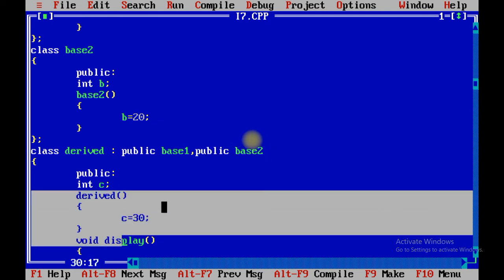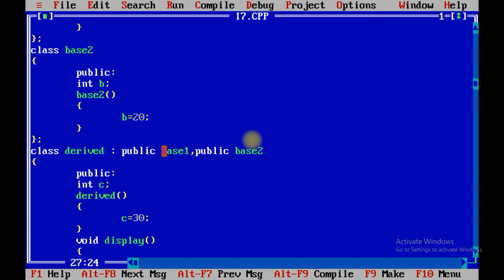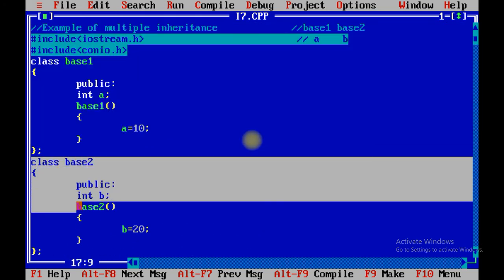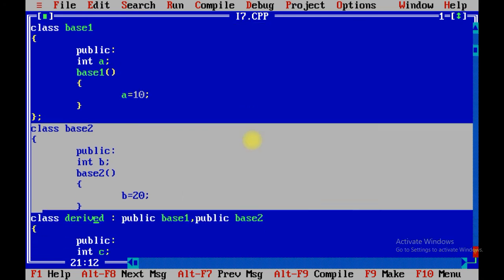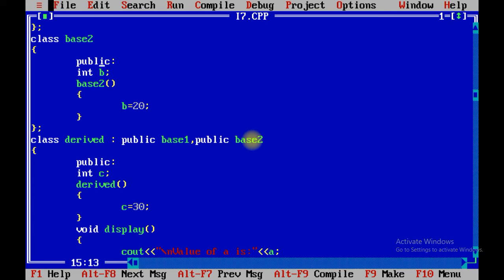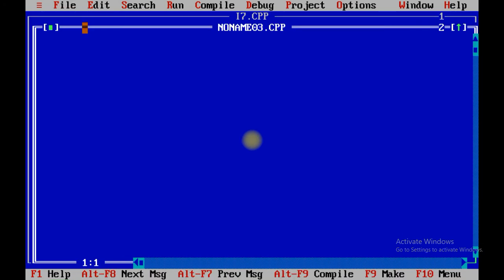Using derived, you are able to access the property of base 1, base 2 and derived. Base 1 contains A property, base 2 contains B property, and derived contains C property as well as A and B. Let me take one new file.